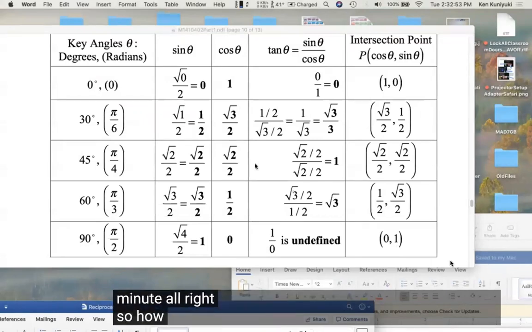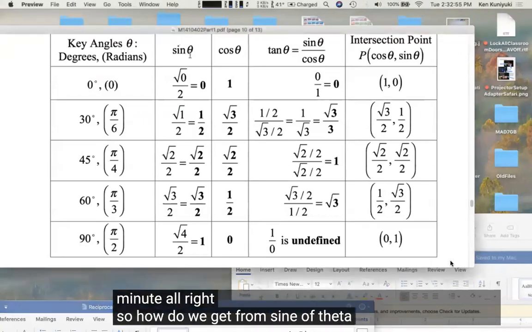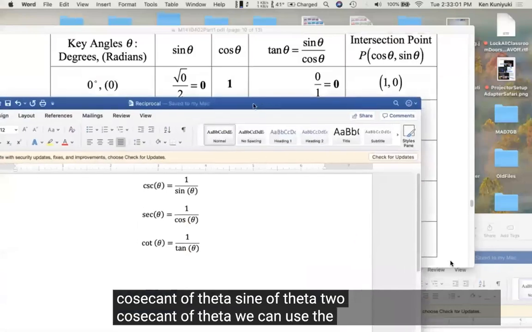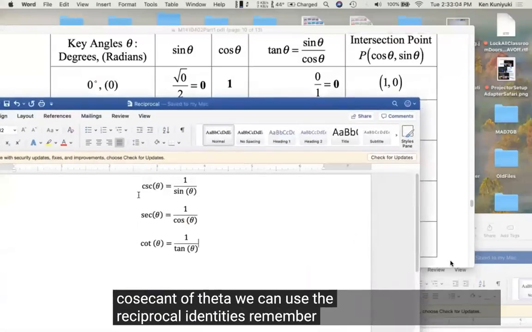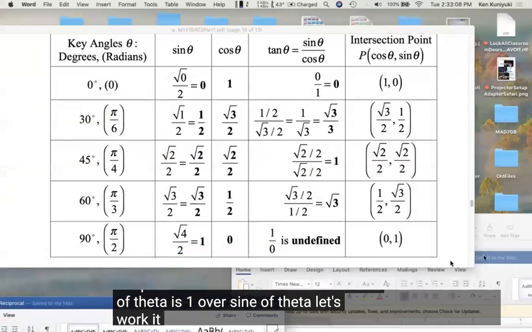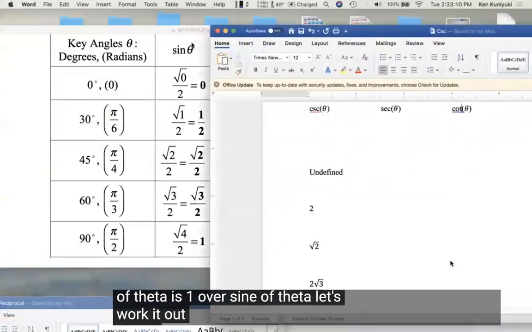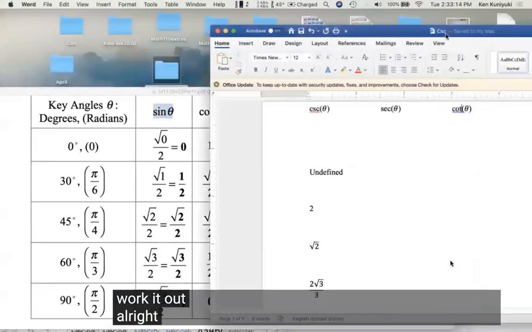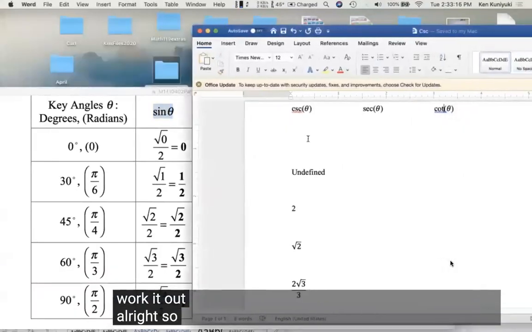All right, so how do we get from sine of theta to cosecant of theta? We can use the reciprocal identities. Remember, cosecant of theta is 1 over sine of theta. Let's work it out. So to get the cosecant of theta column,